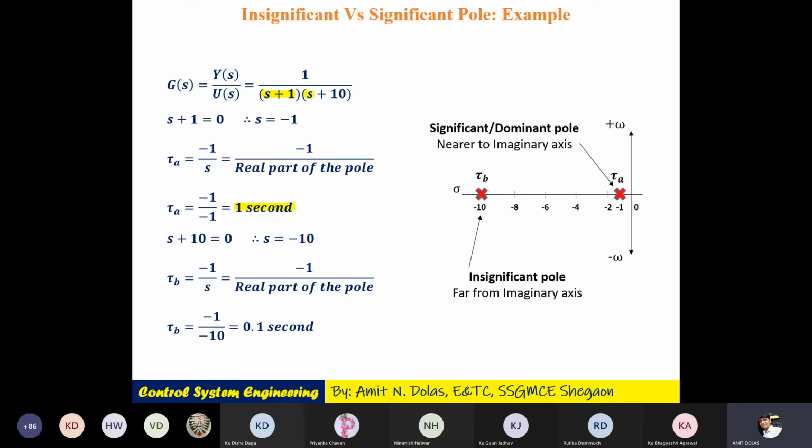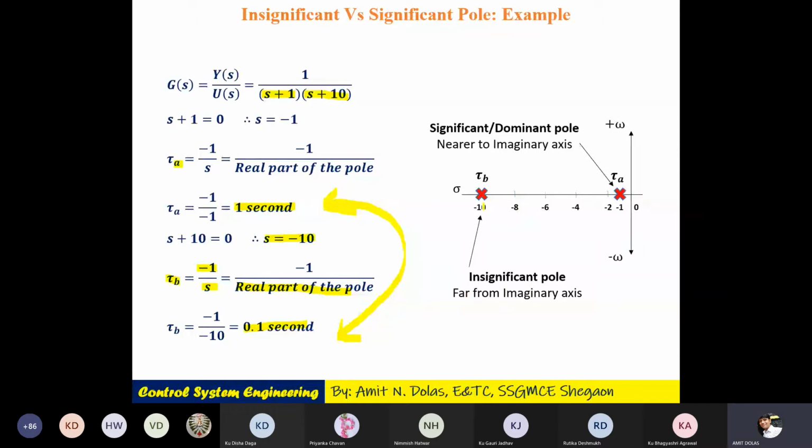Let's go for another, that is s plus 10, putting it equal to 0. Then another pole is s is equal to -10. Then tau b, एक pole है, pole A suppose उसका time constant 1 second. So tau b will be -1 upon s, real part ही है. So it will be 0.1 second. So you can see two poles are providing you two different time constants. Now coming to the s plane,